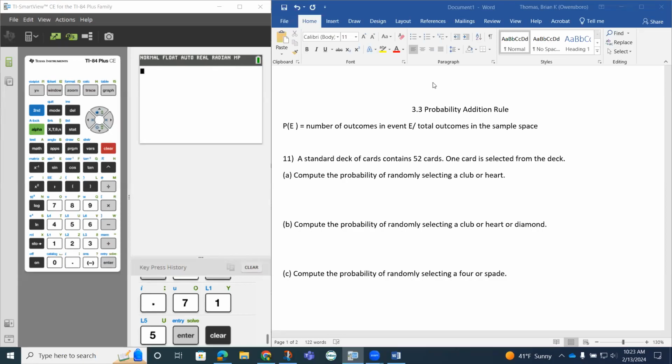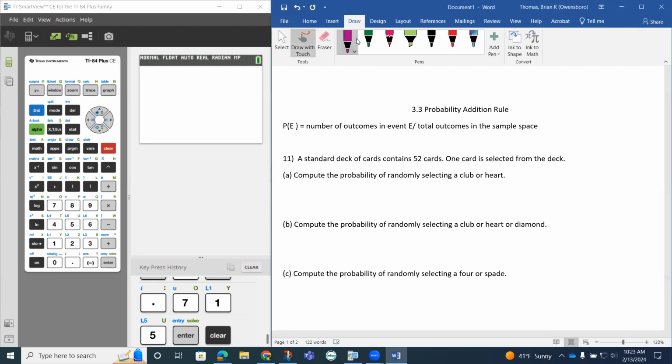So in 3.3, we have what's called the addition rule, or sometimes it's referred to as the OR rule. Since we're dealing with probability, we still have this basic formula: the probability of event E happening equals the number of outcomes in event E divided by the total outcomes in the sample space. Now, the addition rule is our OR rule. So if we have the probability of A or B,